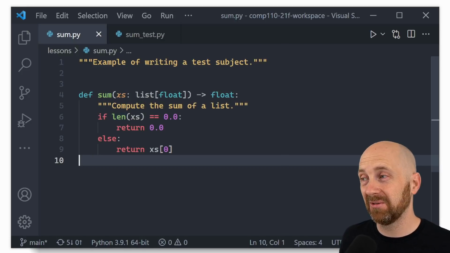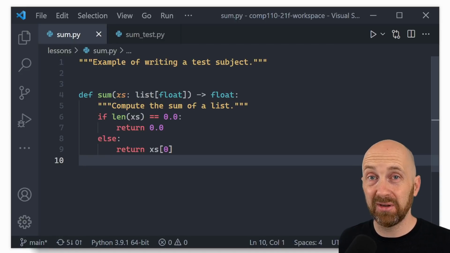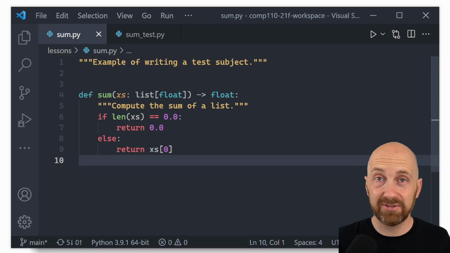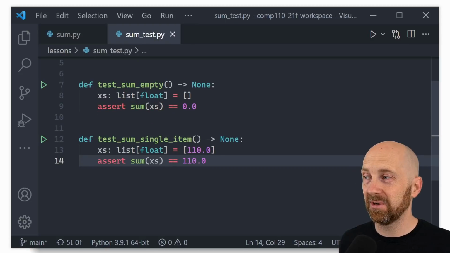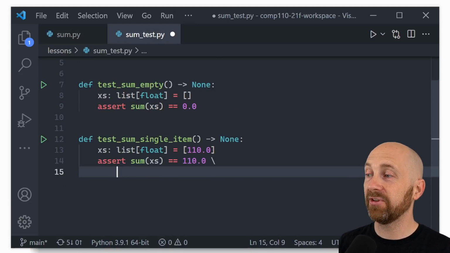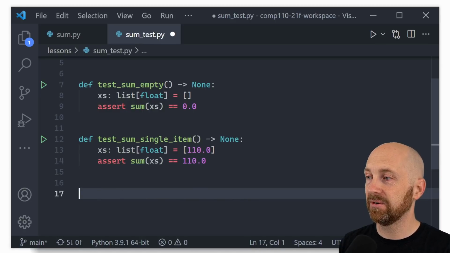And here, 0 items, 1 item, these are good edge cases. There might be lists that have just that. But we also know that we want sum to work when you've got multiple items in it. So let's try adding another test case here. So def test_sum_